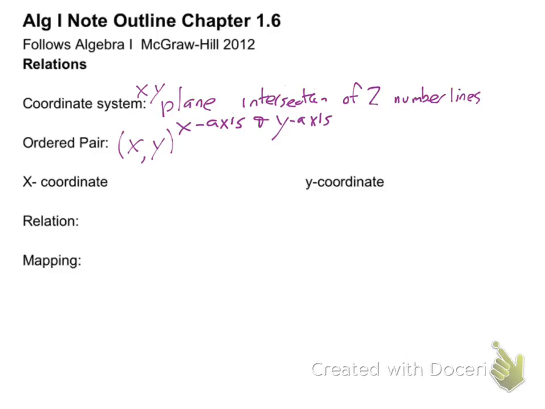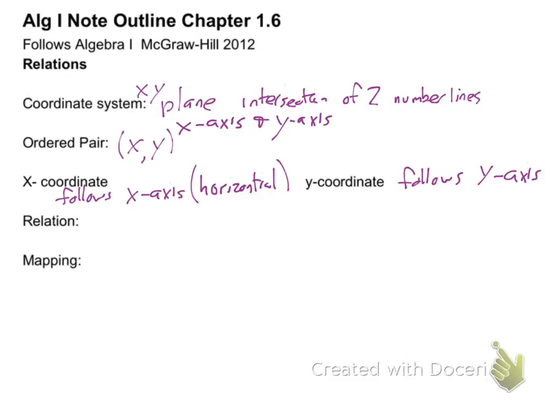Your X coordinate follows the X axis, because your X axis is your horizontal movement. That's your horizontal movement. Your Y coordinate follows your Y axis. Your Y axis is your vertical movement. So the coordinate system, guys,